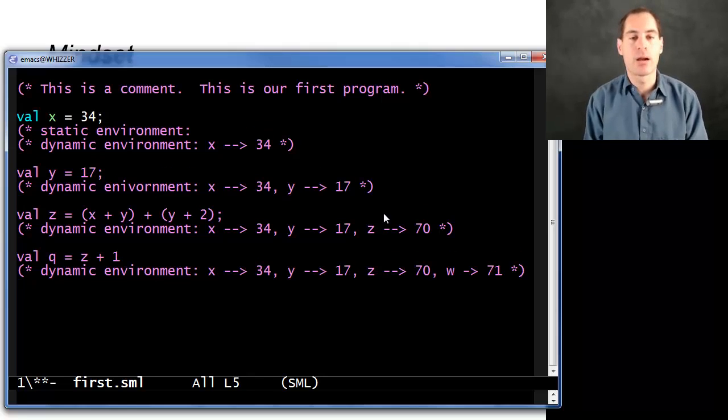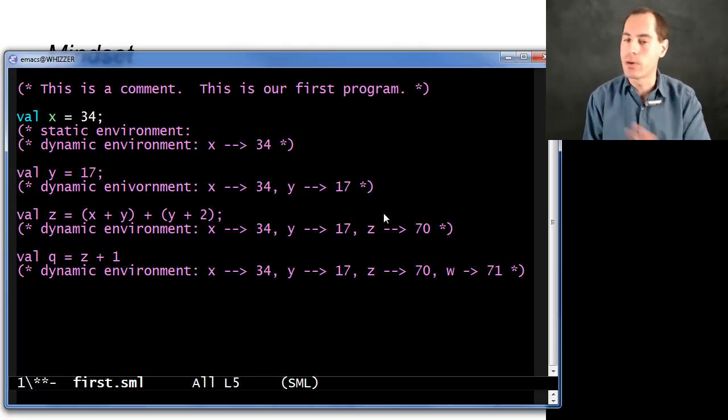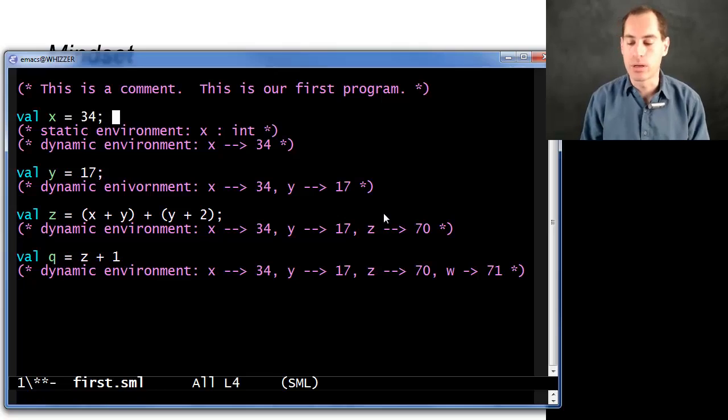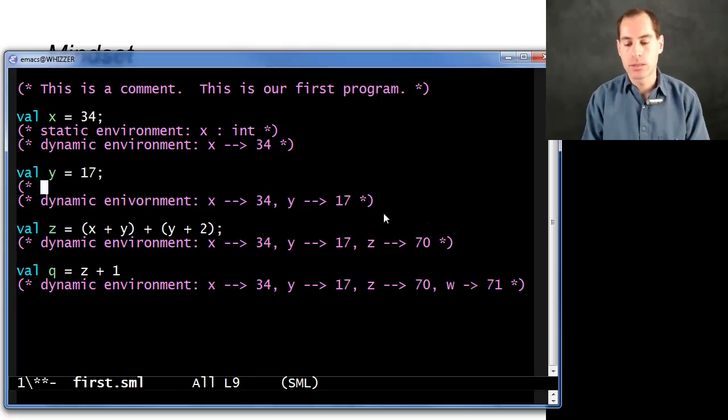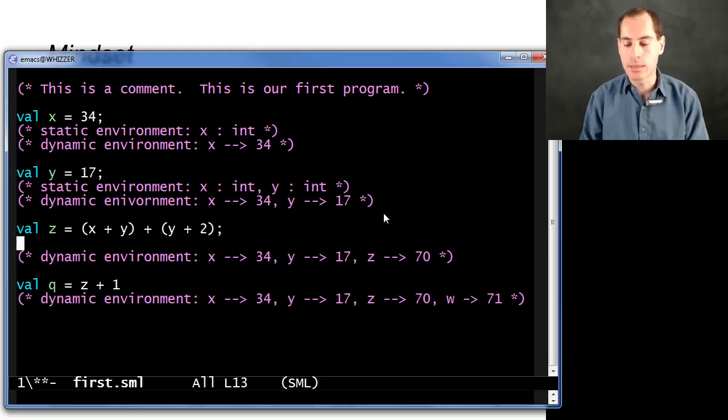And that is taken care of by what I'll call the static environment. Even though I'm showing this to you second, this all happens before the program is ever evaluated, before it's ever run. So what actually happened is the implementation first went through this whole program and said, oh, because 34 is an int, I know that, that's built into the language, x will have type int. It will hold something of type int. And similarly, as I go back through this sequence, I say, oh, well, x has type int and y has type int. All right? And here, now this is more interesting, the only reason that z gets to also have type int